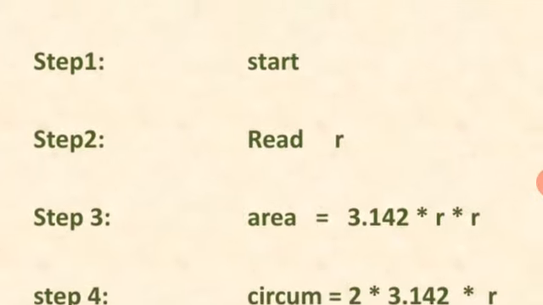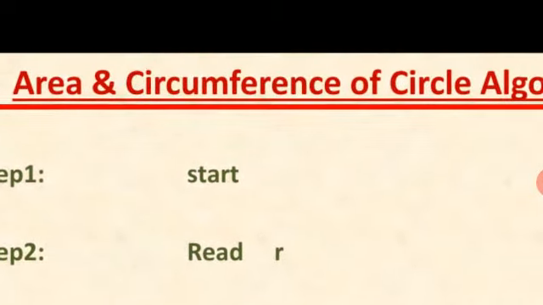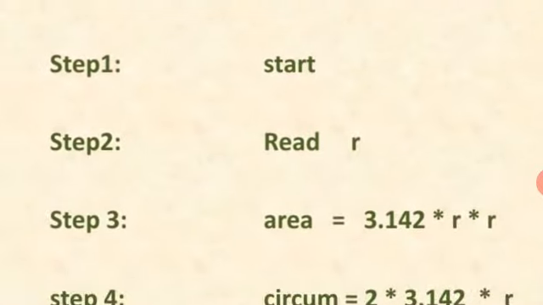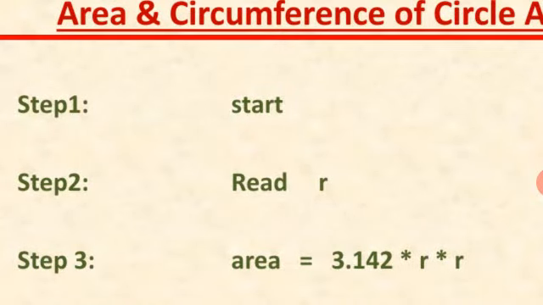Second step, area of the circle. What is the formula for area of the circle? You can see it is pi r square. Always remember students, pi r square. Here the value of pi is how much? 22 upon 7 or 3.142. Both values are equal. R square we can write as r into r.